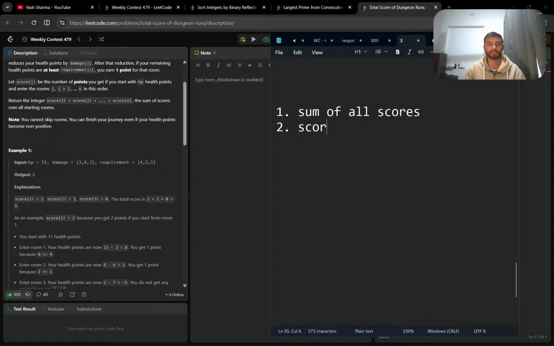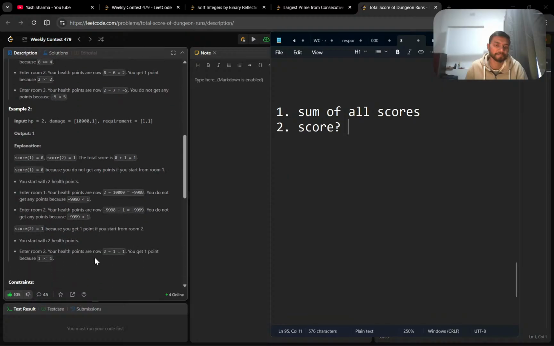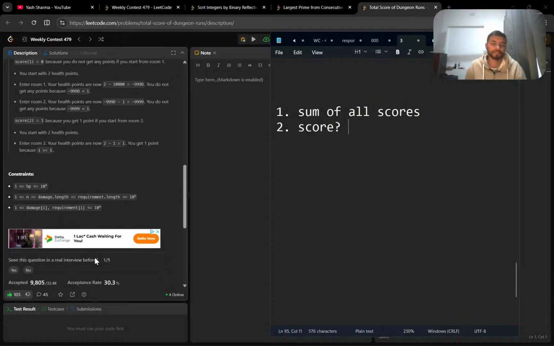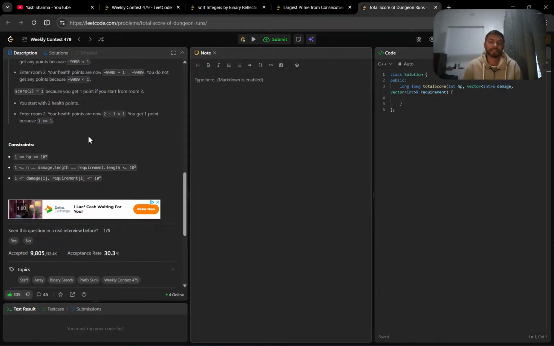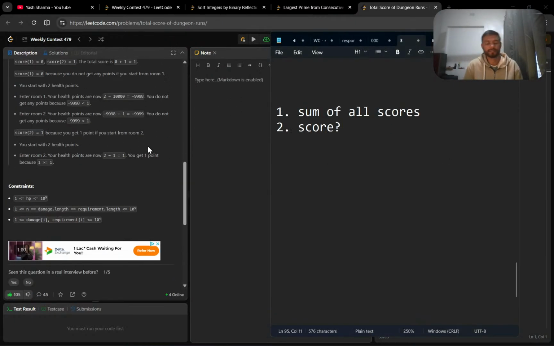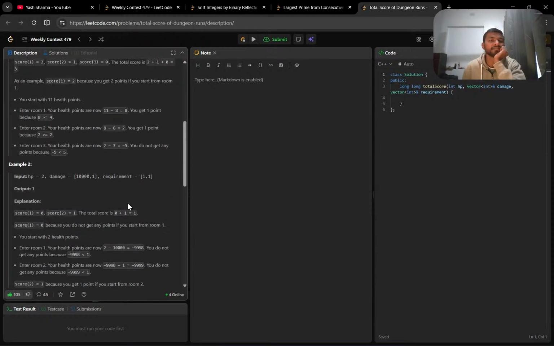But how do we get the score? इसको मैं बाद में देख पाऊंगा, अभी तो सारे हिंट लेने के बाद भी नहीं आ रहा, बट आई विल ट्राई।